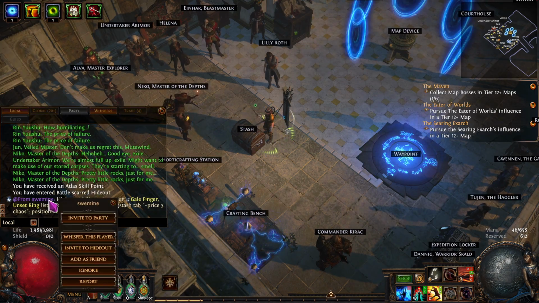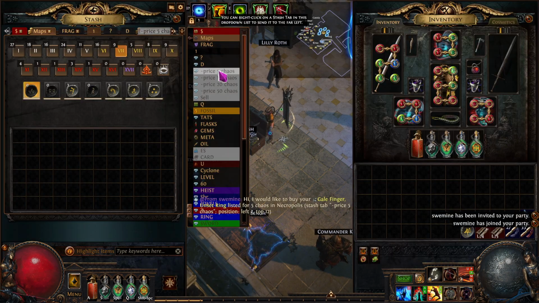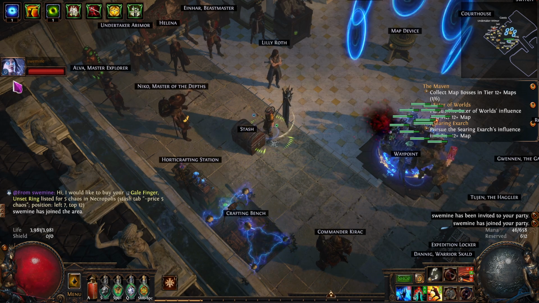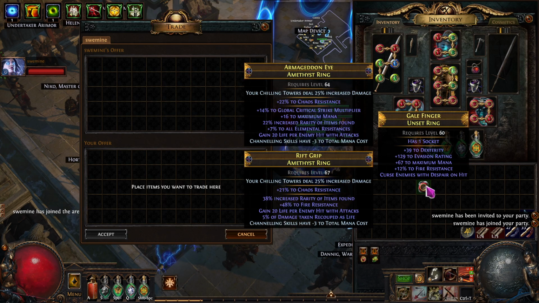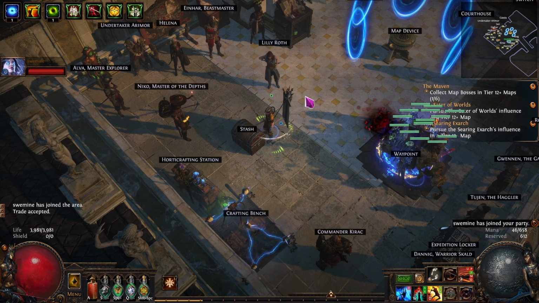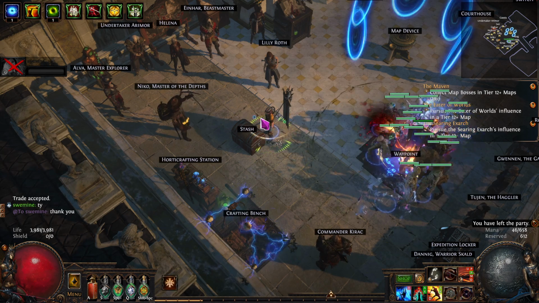Let's do that deal. Which one is it? Right here. I wish that was highlighted a little bit better. I just threw a bunch of rings in there for 5 chaos, might as well. Okay, and we'll say thank you and exit. Cool. So next up,